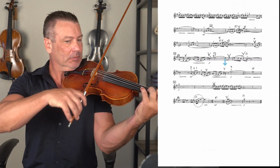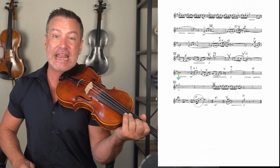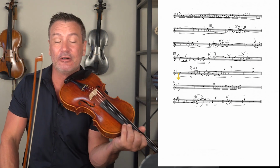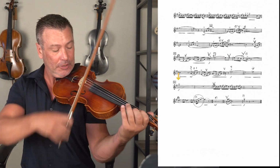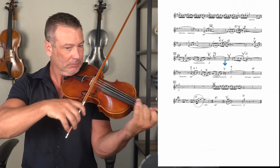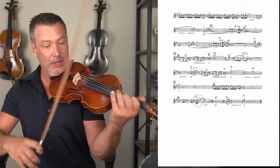So to the frog, 1, 2, crescendo, and then this G natural, second finger on the E, you need to accent that, right? And you need to be at the bottom of the bow to make sure you accent that, and you don't want to run out of bow. 2, 3, 4, right? Crescendo. 2, 3, 4, 1, 2, then